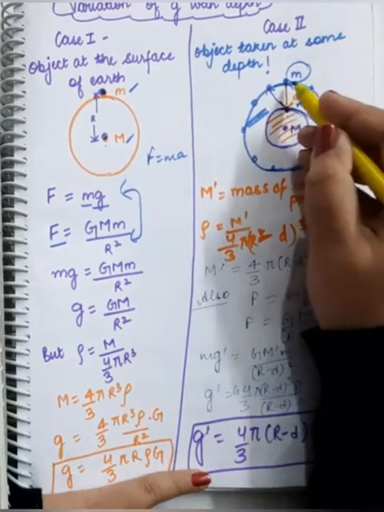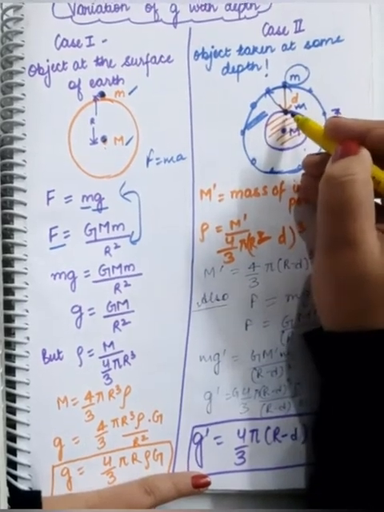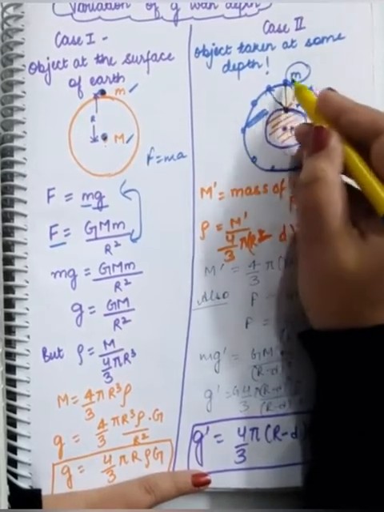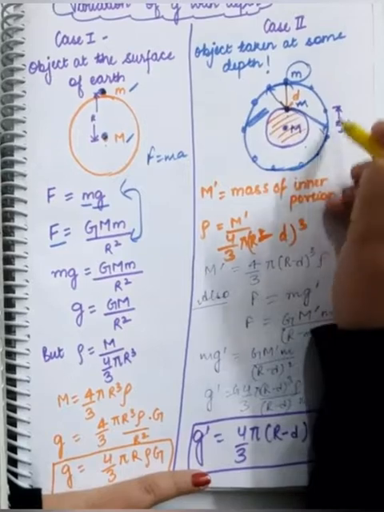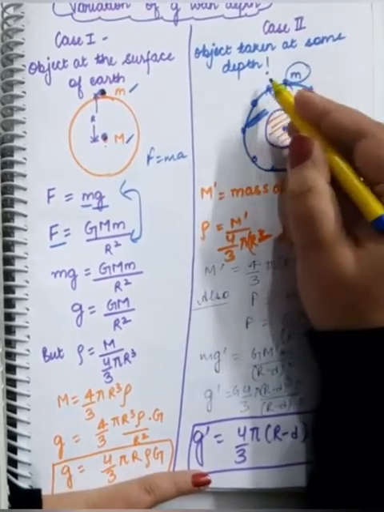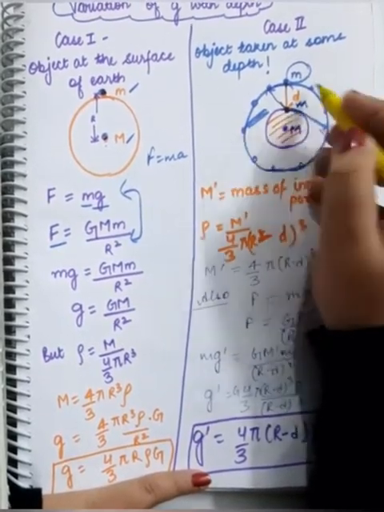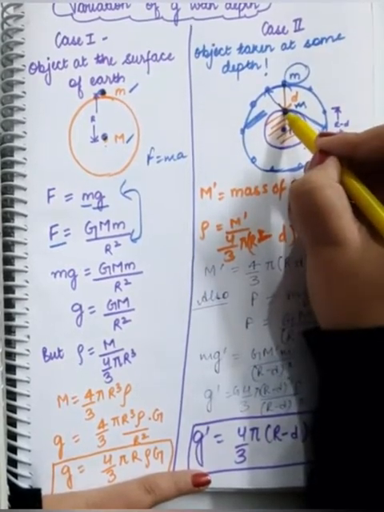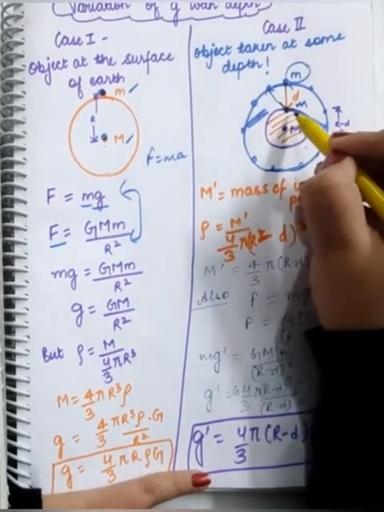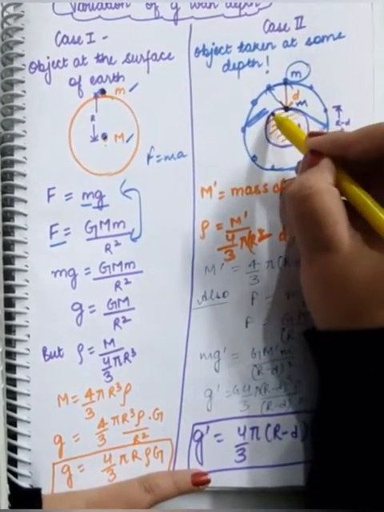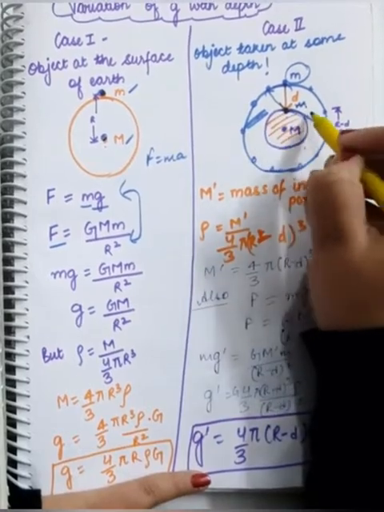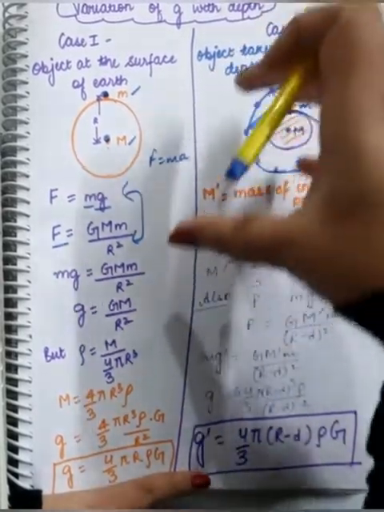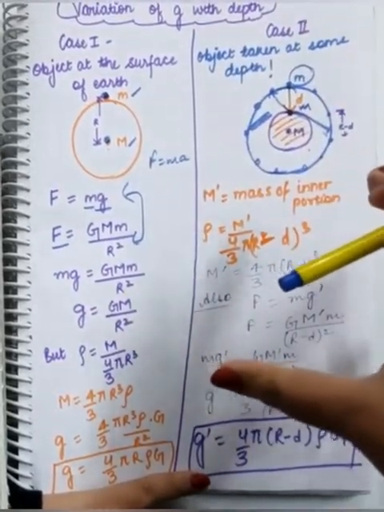And what are you going to see? That when you are bringing the object up to a certain depth, the force of gravitation due to this outer portion reduces to zero, because they cancel out in pairs. Ultimately, when the object has come up to a certain depth, the only force of gravitation that this mass is going to experience will be from this reduced mass, because the other mass of the Earth is giving a nullifying effect of force of gravitation.